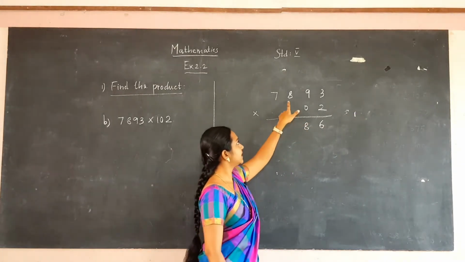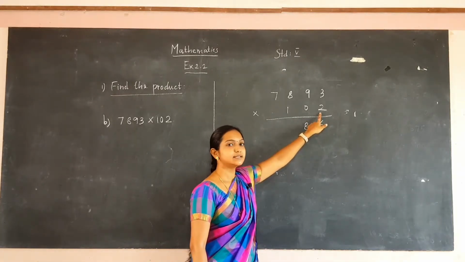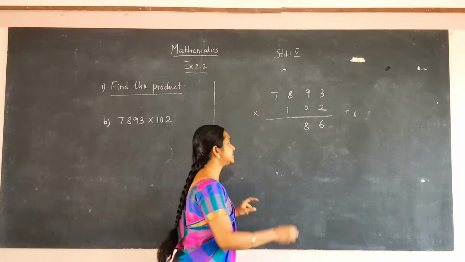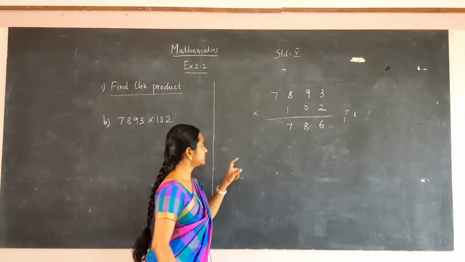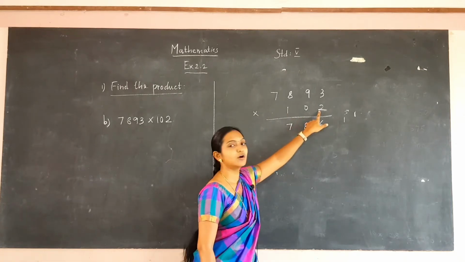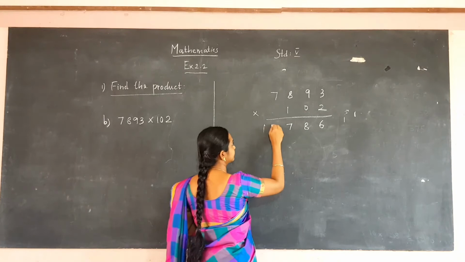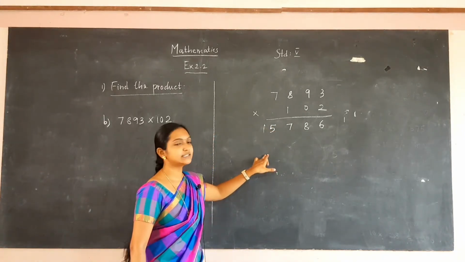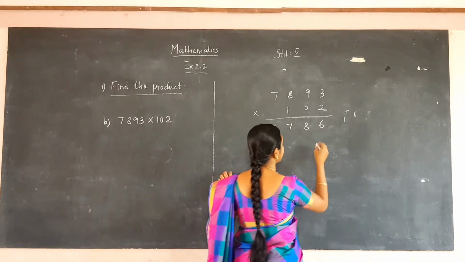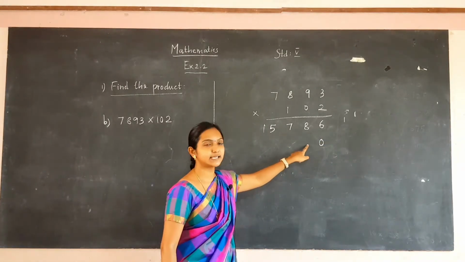Now we are going to multiply 8 and 2. 1 8 is 8. 2 8s are 16. 16 plus 1 will be 17. So put 7 here and 1 is remaining. 7 2s are 14. 14 plus 1 will be 15. Now we have completed the first line. We are going to write the second line. When we are writing the second line, we have to put 0 first and start writing from the second place.